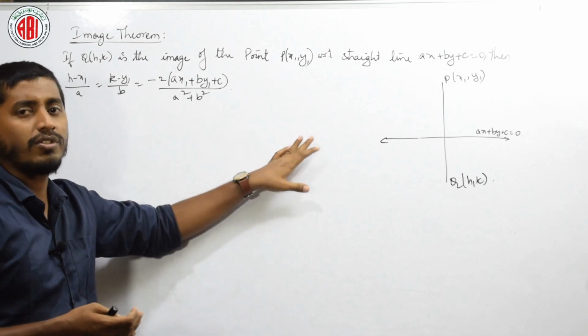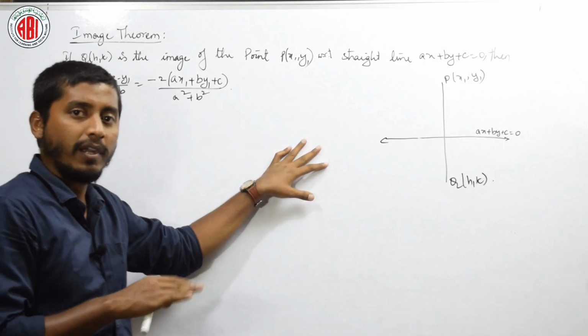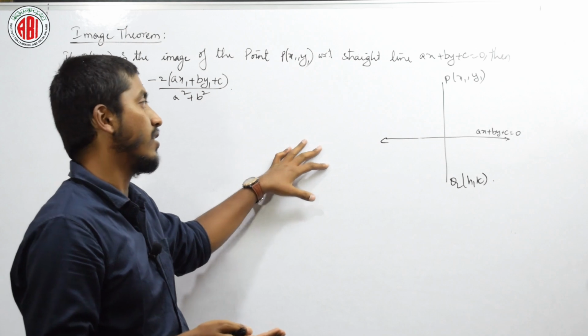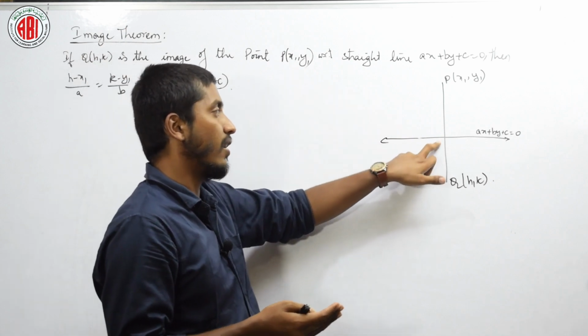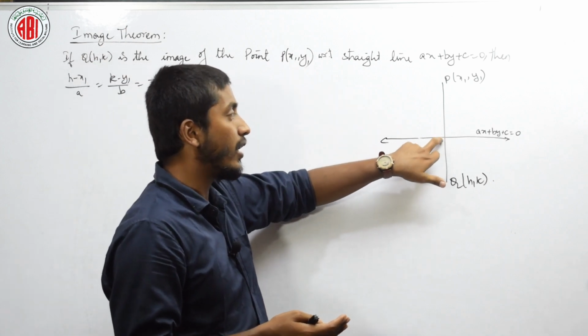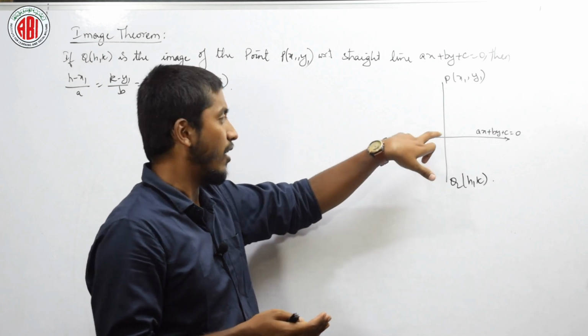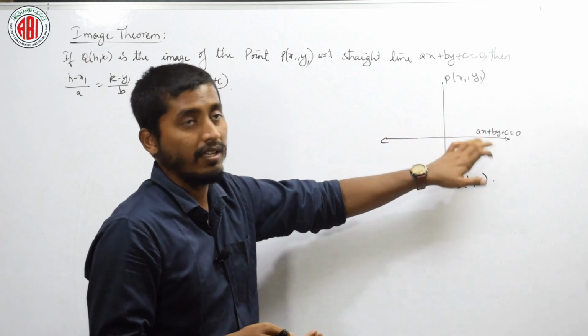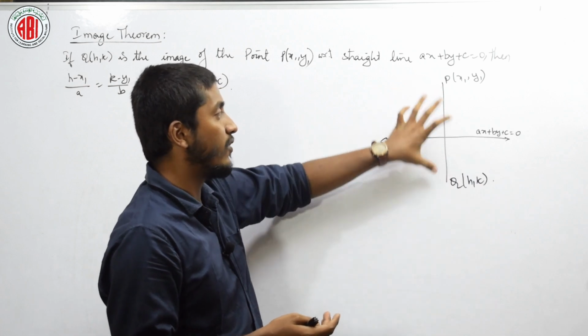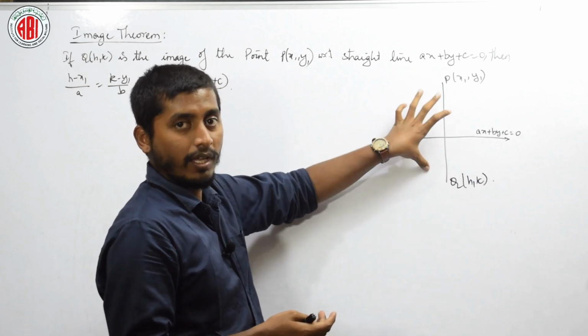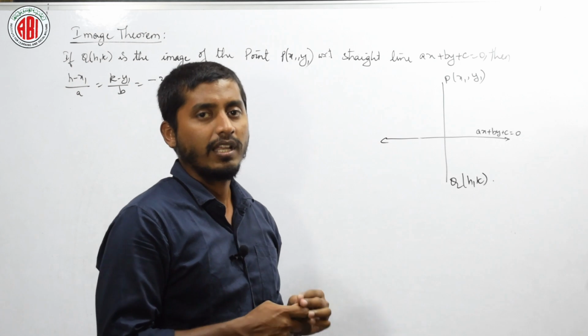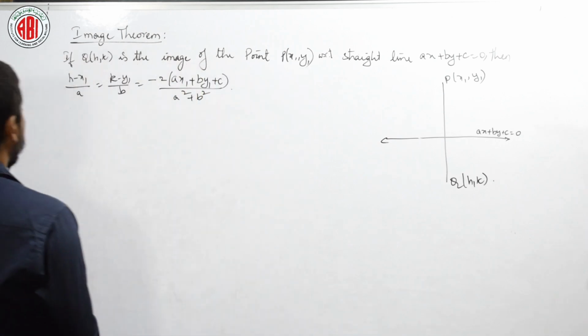Okay. This is almost all similar to the foot of the perpendicular, but what is the difference we will see. In the last thing we have seen that this point is the foot of the perpendicular. Okay, we have found that and we have substituted in this. Here this point is the midpoint of these 2 points. Okay, and we will substitute in this equation. Let us solve it.